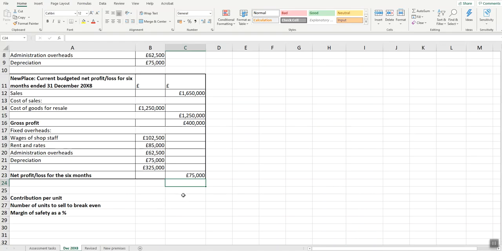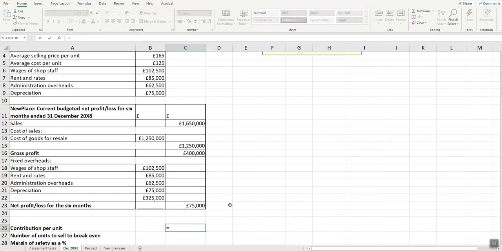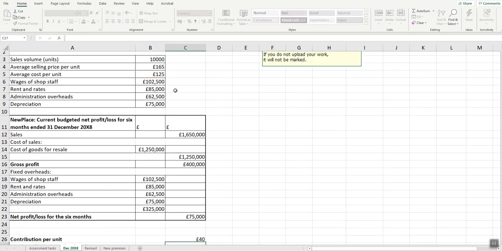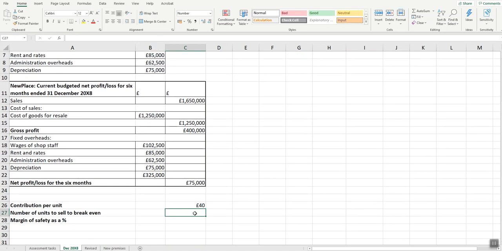So I need to work out my contribution per unit, so that is going to be what I intend to sell it for less my costs. So I have a £40 contribution per unit, and then the number of units I need to sell to break even. So that's going to be